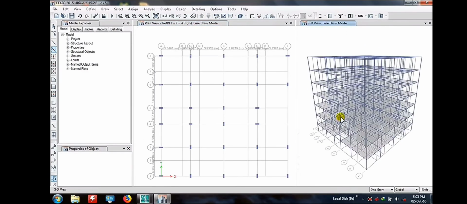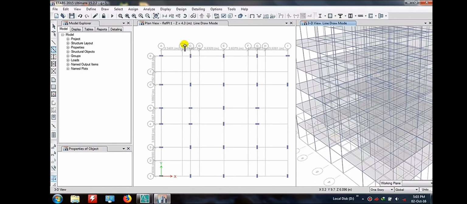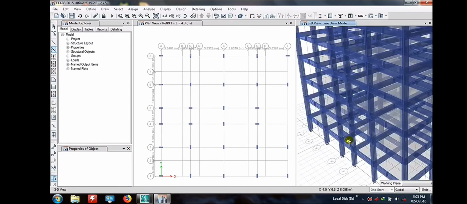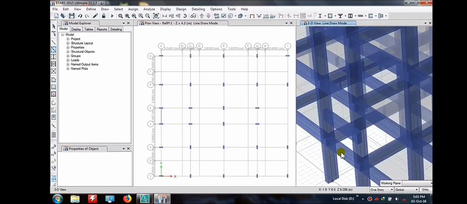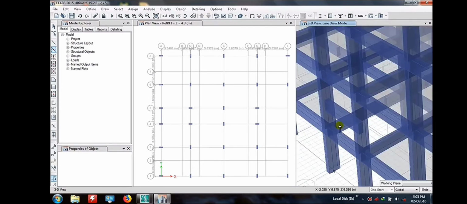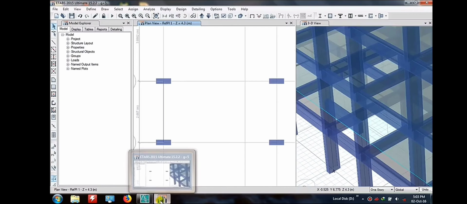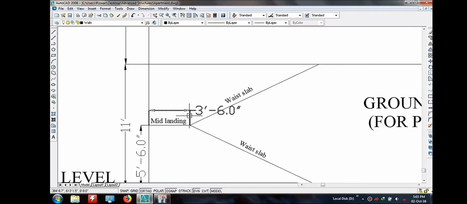ये जो हमने यहाँ पे बीम दिया है, ये लैंडिंग के लिए दिया है। और ये क्यों दिया है? ये इसलिए दिया है जिसमें हमें एक बेस मिल सके हमारे स्टेयरकेस को डिज़ाइन करने के लिए. So you are able to see this beam. I am zooming here. This beam, this one. So it's just a similar beam. And why have we assigned this beam? I'm going to assign this beam for my staircase.